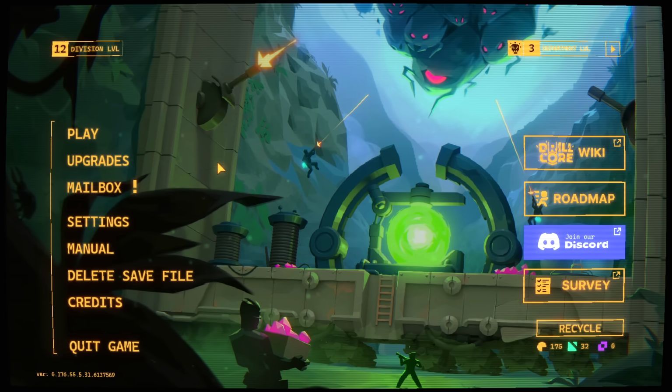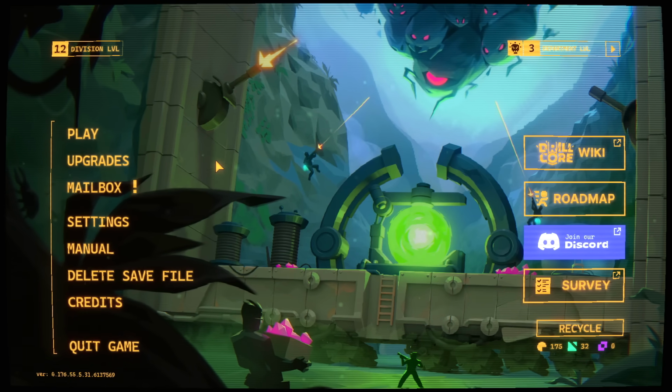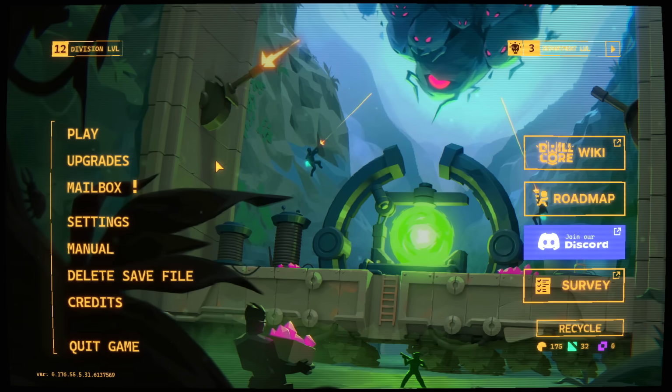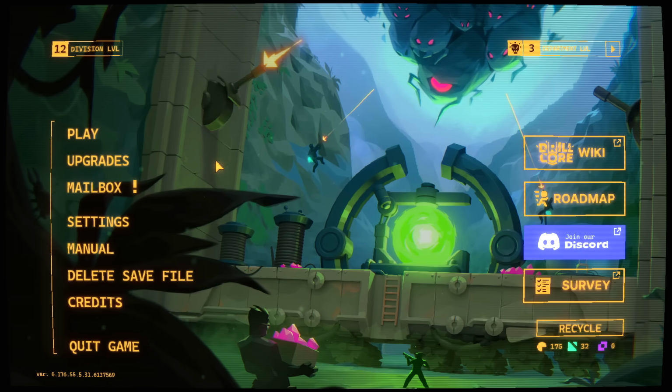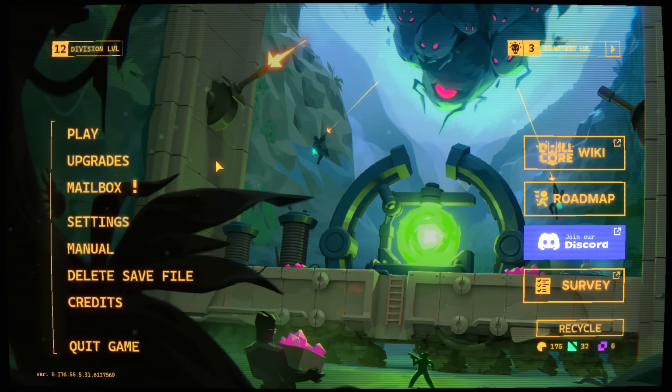Today in the world of indie games, we're going to be checking back in on a game called Drill Core because they've been patching like wild. This is one of those early access games that's very, very good. It's very entertaining. It's a game about digging down to the core of the planet and then blowing it up